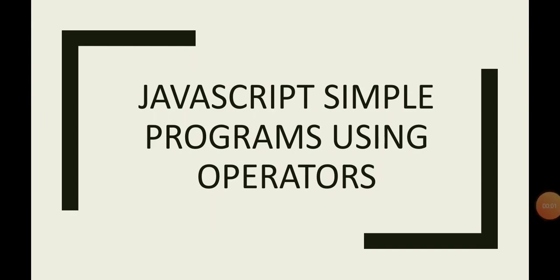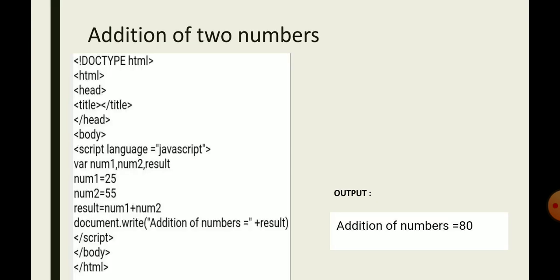Now, in this lecture, we will see how operators are used in the actual program. First program is write a JavaScript program to add two numbers and display result. Before writing program, you have to think how many variables are required to write program. In this program, we require total 3 variables. In that, 2 variables are used to store two numbers and one variable is used to store the result of